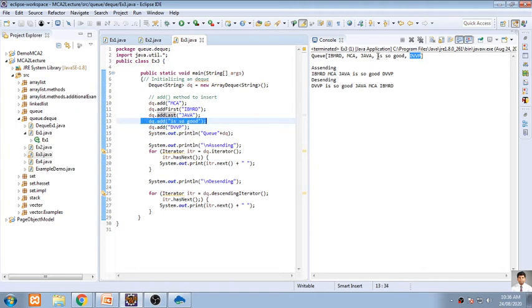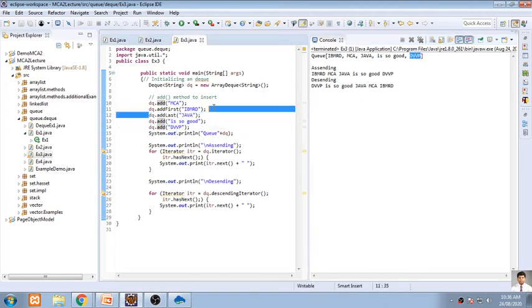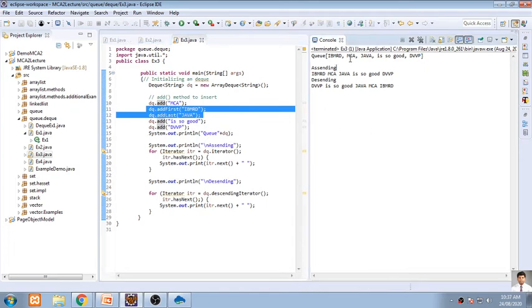You'll find it is not added at the first, nor at the last; it is added at its current location. Same way DVP is added at the last position. So there is no use of using add first and add last in between. It should be used at the end. Whenever you want to add at the first and last node, you have to write this code at the end of this addition. If you write it in between, you will get a very different output. So here there is a different output we are getting.